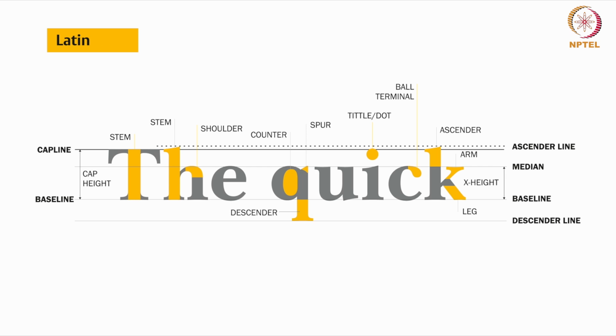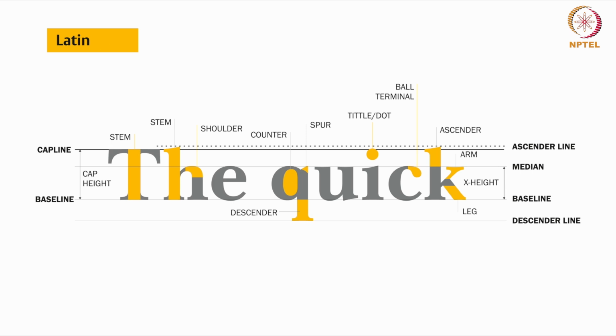Now there is a term called ascender. So this is the ascender line. This is the part of lowercase letters like B, H, or D that extend above the x height. So this is the x height and this goes above the x height. You will also notice that the ascender line or ascender height is a little above the cap line, or height of the capital letters. This has to do with optical correction, which we will discuss later.